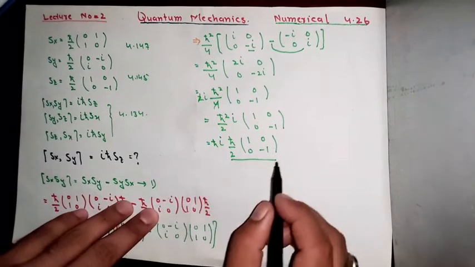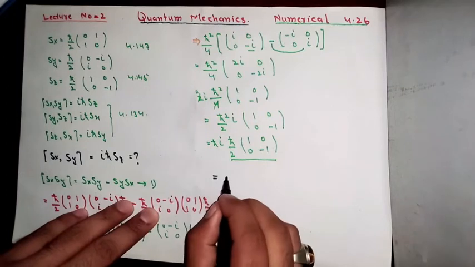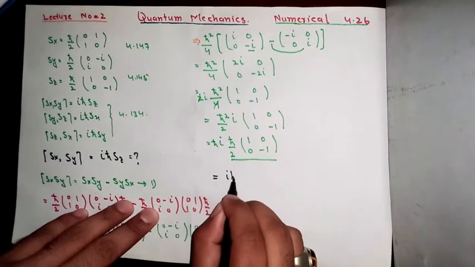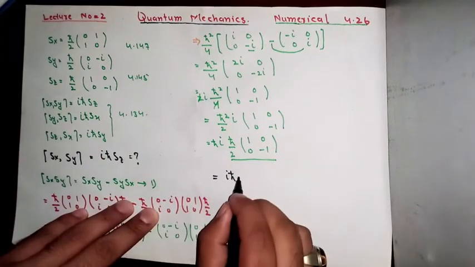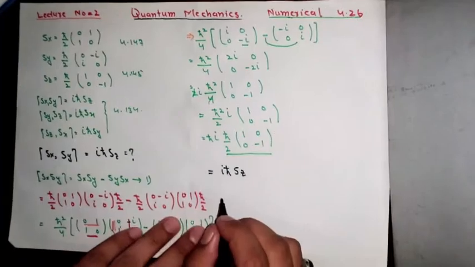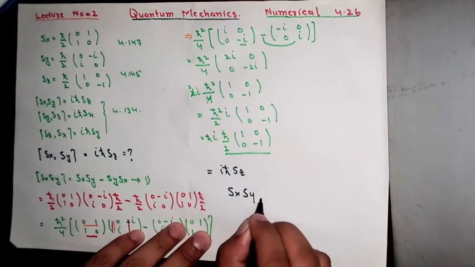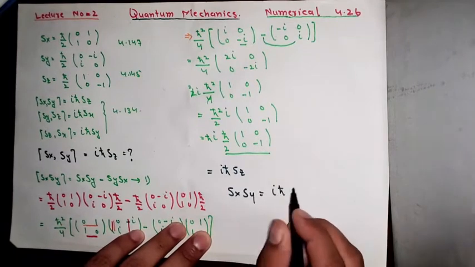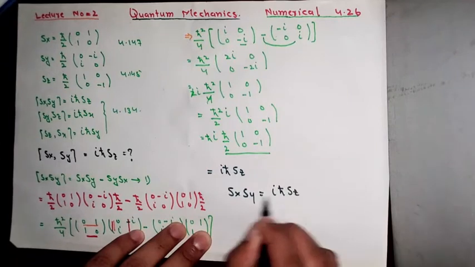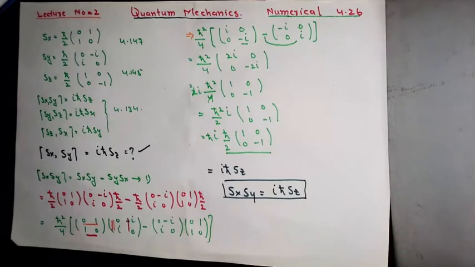So I can simply put equation 4.145 in this equation, so i h bar, and here we get Sz. So the final equation that I get is [Sx, Sy] is equal to i h bar Sz. This is the first part of the numerical. Now the second part of the numerical is